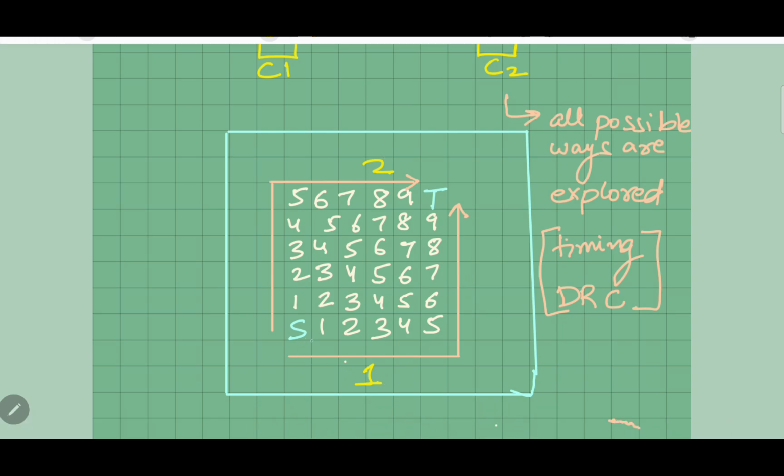So the tool will try to route from this one way, one method. There can be another way of routing also, which can be intermediate like this. These are also one possible way of routing. Multiple ways are there. The tool will try to identify the cost based on the timing and DRC constraint for